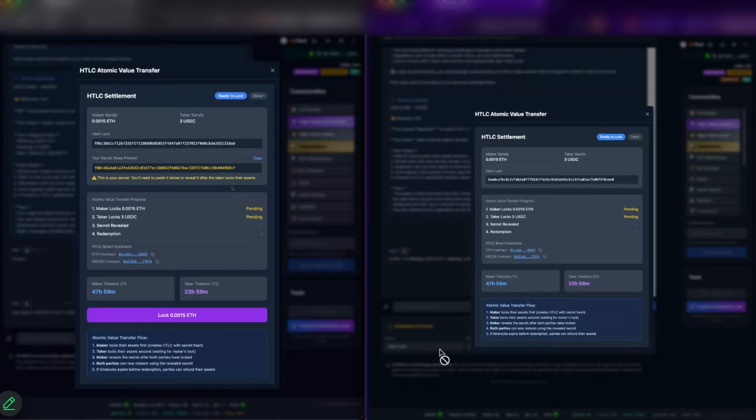Okay. And it did indeed kick it back over to me. We see now the next step. We've both locked in basically our agreement, right? What we signed up for. Now I want to lock my side of the assets in. So I'm going to lock into this HTLC settlement contract